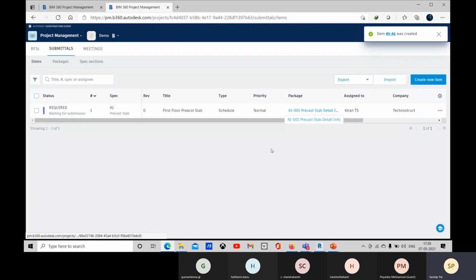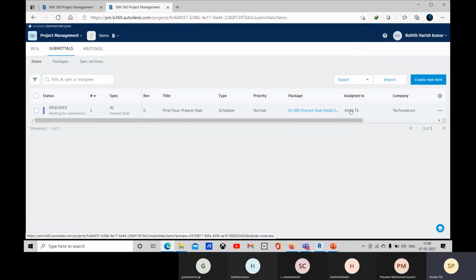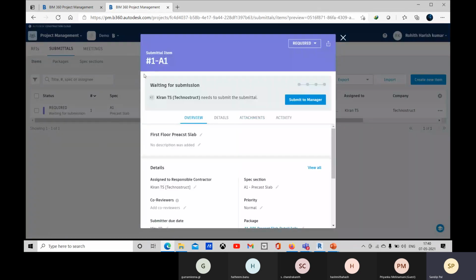Right now this is created, and you can see that this is assigned to this person. This person will get this in his project management. When he logs in with his account within this project manager, he will find it and open it.